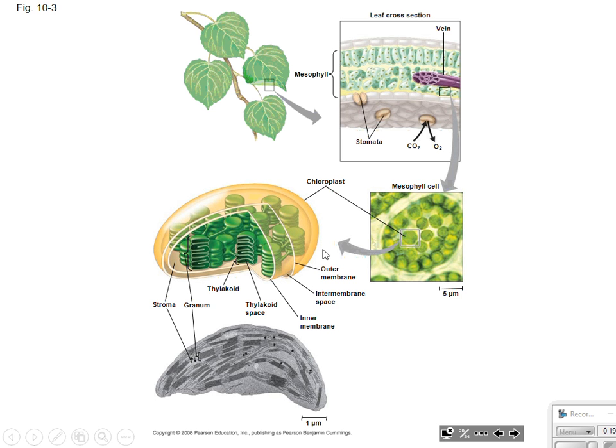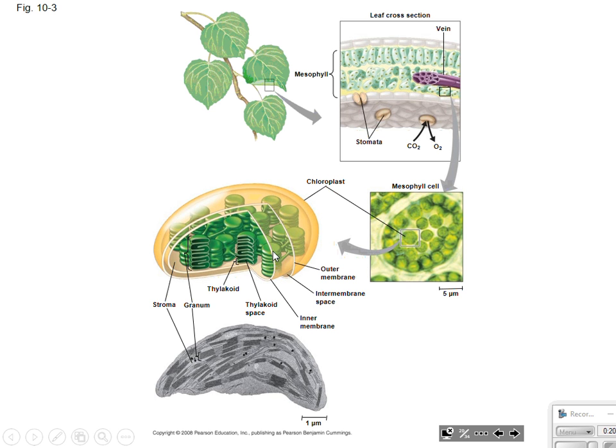Now I go even further down. Here is the chloroplast. Look at these. Here are my stacked quarters. So if that's a stacked quarter, what is that? The stacked quarters were the grana for plural. So this would be a granum, a singular, because it's one stacked quarter. And each individual quarter is a thylakoid.